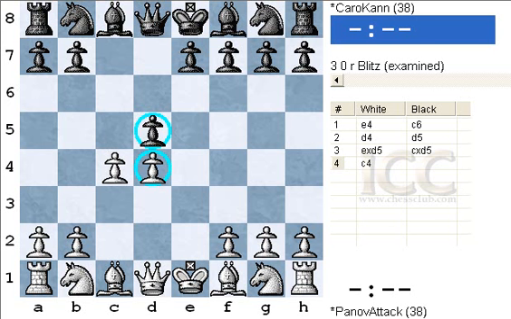And I would like to start showing this interesting line from the game of Alexander Alekhin, which he played in 1935,